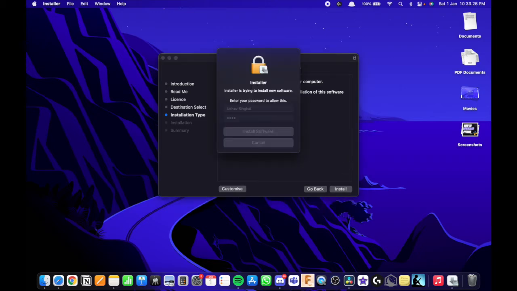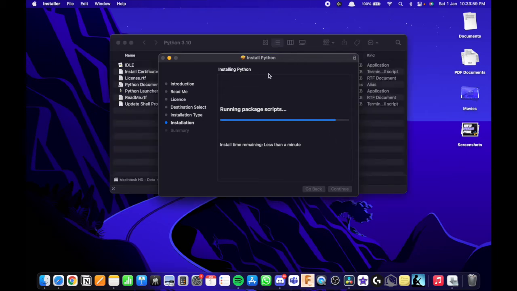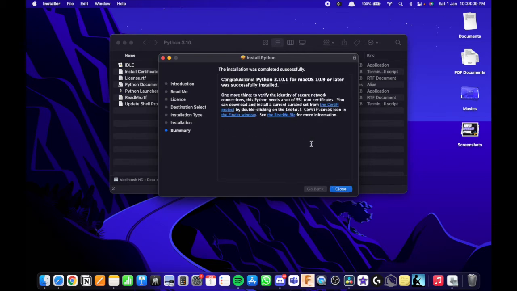It will ask you to put your password, so I've just done that. Alright, we have successfully installed Python 3.10 on our computer.